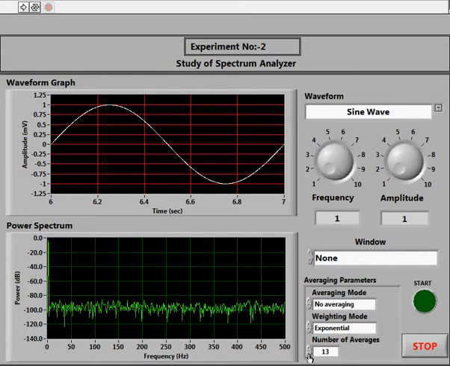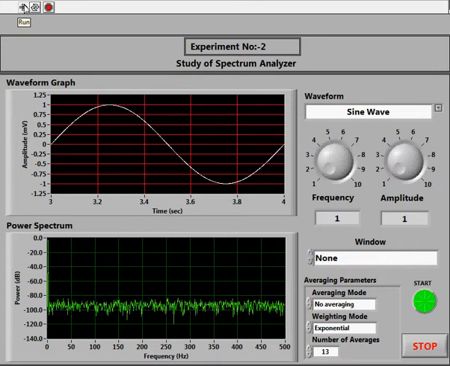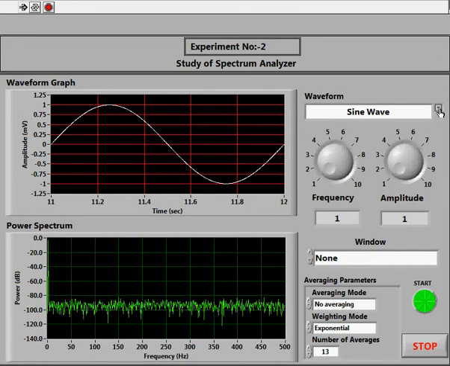In order to start or initiate the experiment, there is a run button. On pressing this run button, you will be in a state to do your experiment. As I am going to click this button, now I am ready to perform the experiment. As a default, sine wave is selected, but you can select any wave. Now I have selected square wave.